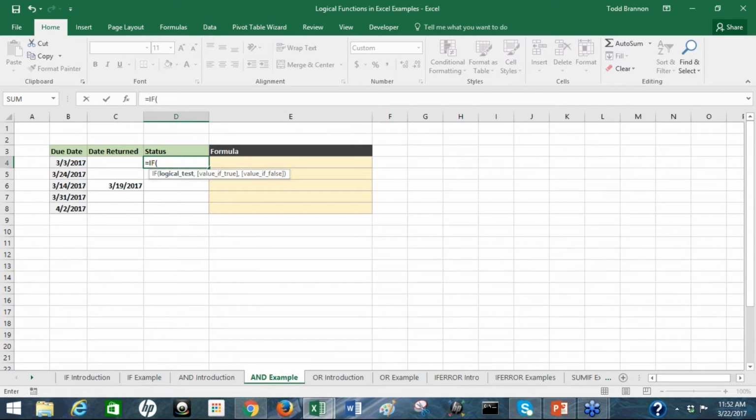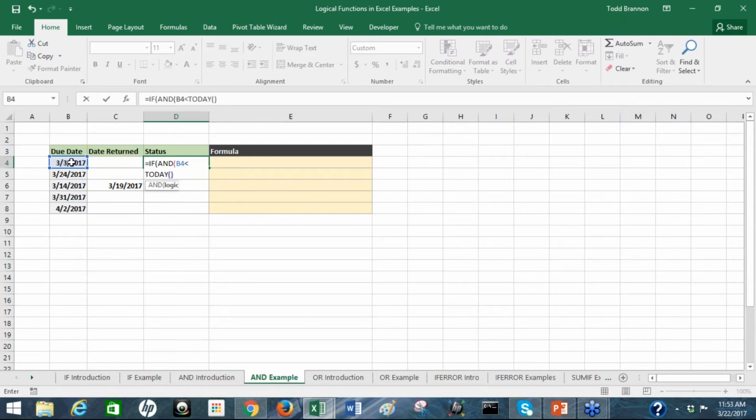And the way to do that in this case is to use the AND function. So I'm going to go ahead and type AND right inside for our first logical test, hit tab, and it will now open the parentheses for the arguments for my AND function. So the first evaluation I want to make is B4 less than, like before, is it less than today? And so I'll type in that